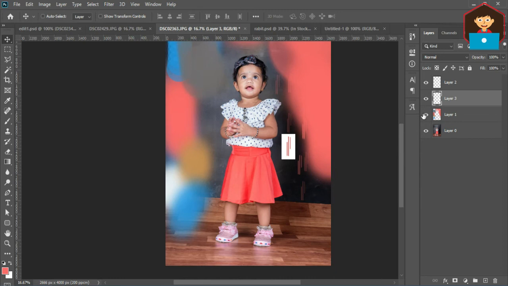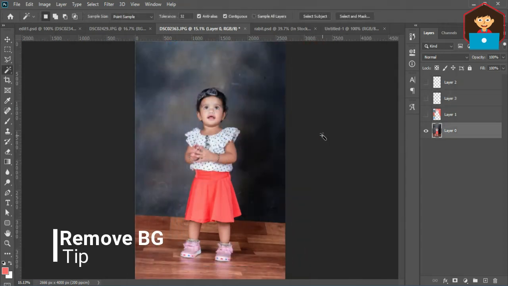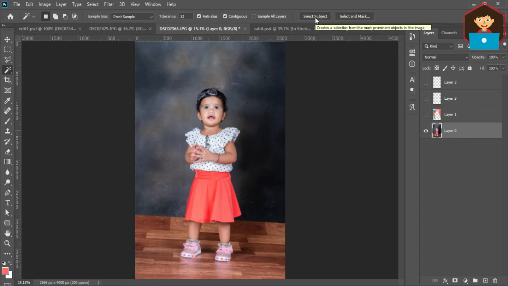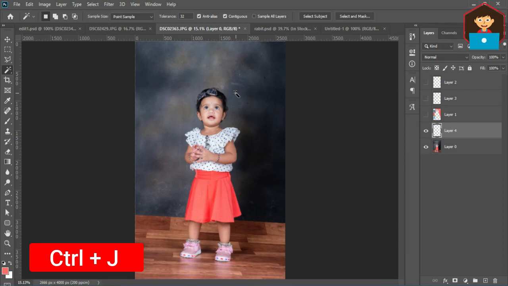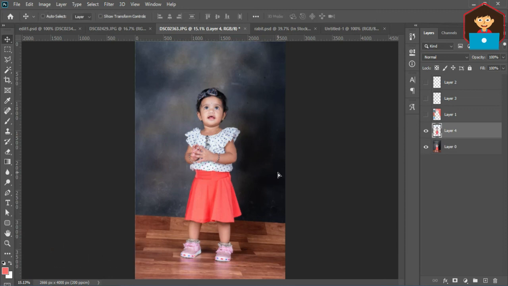Alright, another technique, how to remove image background in a single click. I want only the object, I don't want the background. So go to magic wand, then go to select object. This is the new feature of Photoshop 2020. Older versions don't have the option. So select object, wait for some time. Now your subject is selected, then Ctrl J or Command J, you can take a duplicate, then you can change your background and whatever the designs.